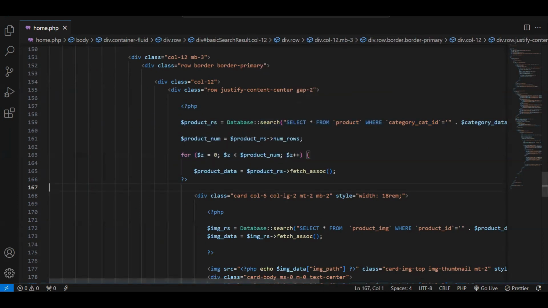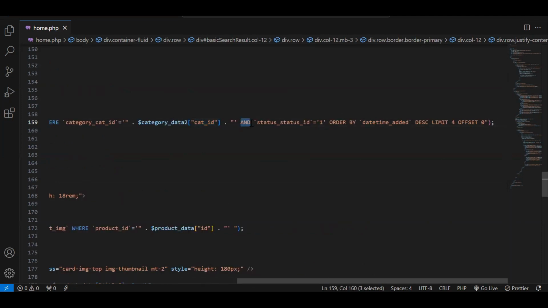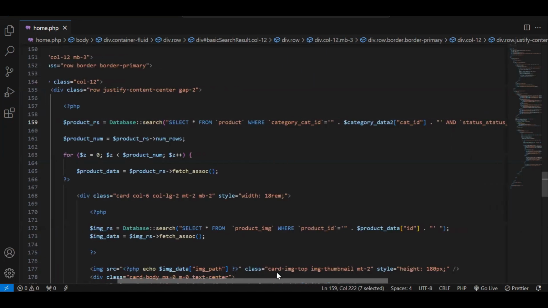I'm calling the search function here and executing the query select all from product, where category ID is equal to the category ID stored in the category data2, and then giving an and here as we check two conditions, and the status ID is equal to 1. It means this is an active product, and we are telling these to order by date time added in the descending order. It means we need the latest product, and then we are telling results we get back to limit to 4 and the offset is 0. That means we get only 4 products or latest products,